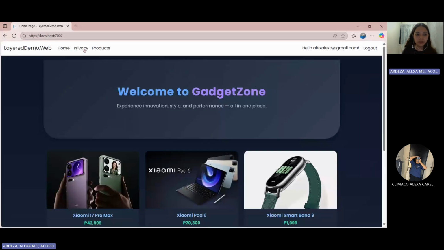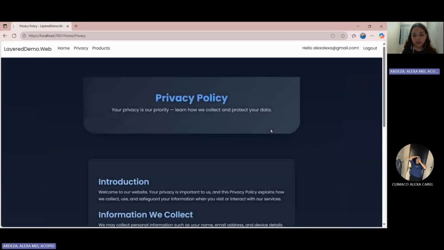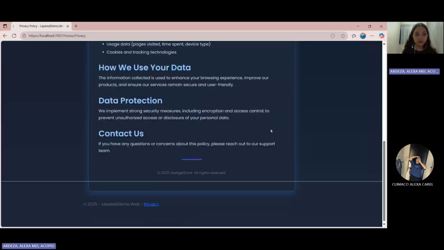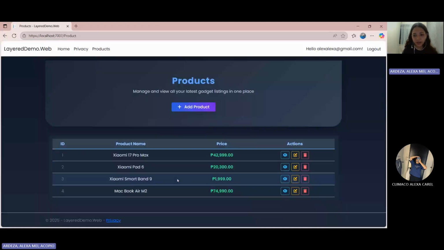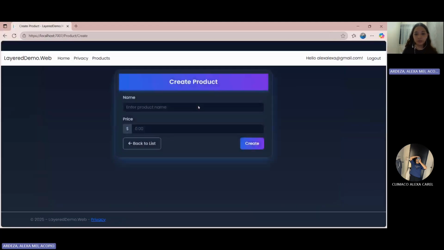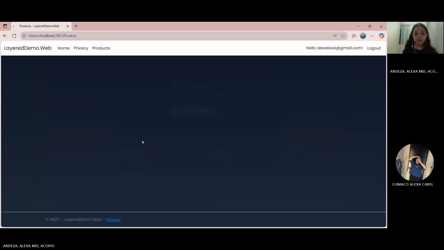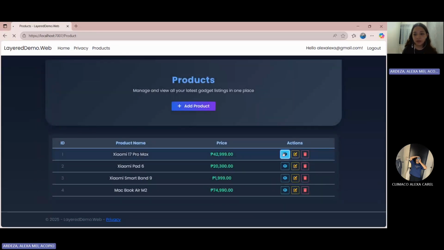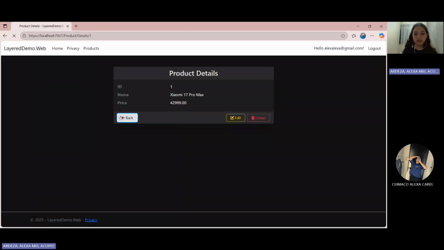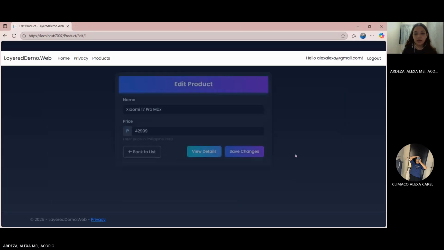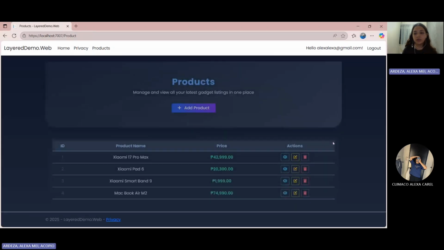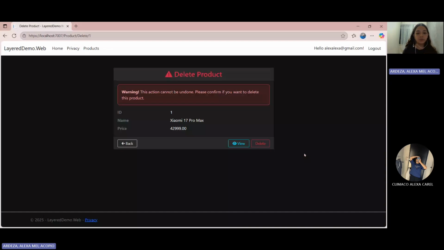And in Privacy, this is what my privacy tab looks like. And in Product, I can add a product, view details, edit the product, and delete the product.